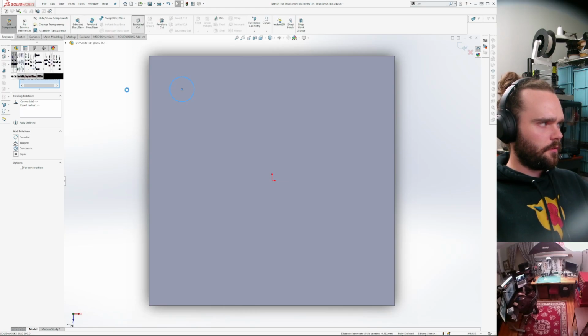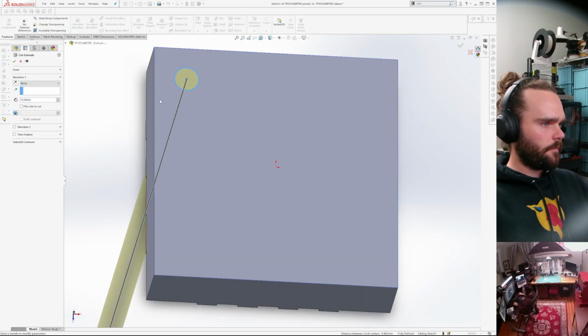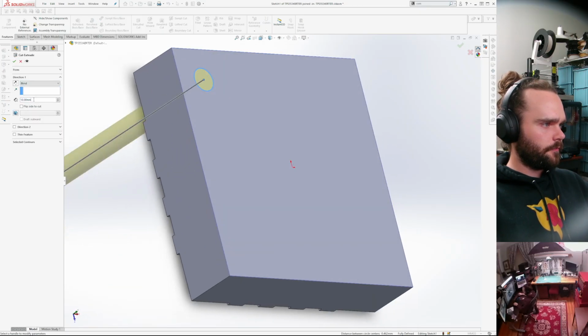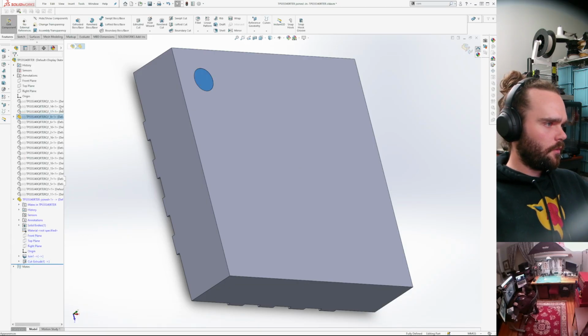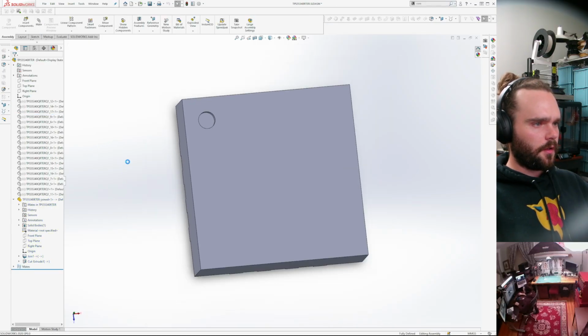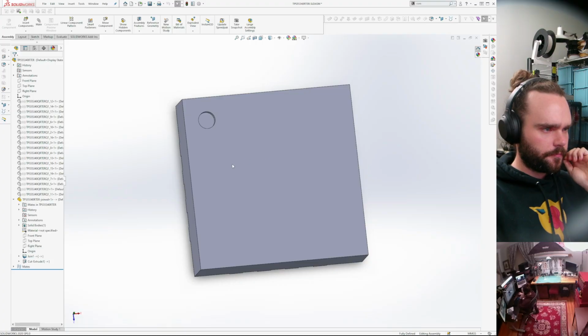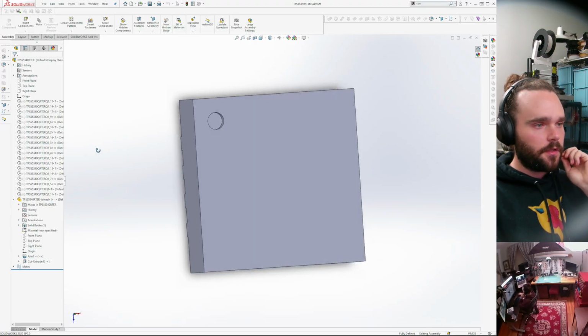Just going to extrude cut this, just to make sure we're not crazy. Cool. Okay, nice. Easy. That one was way easier.